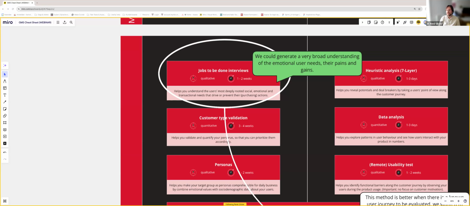So that's a small introduction to what jobs to be done are, and we decided to go for this kind of approach with this car manufacturer, and we wanted to know what are the jobs for electric cars for the customers,